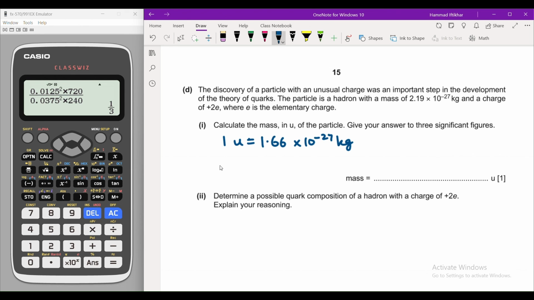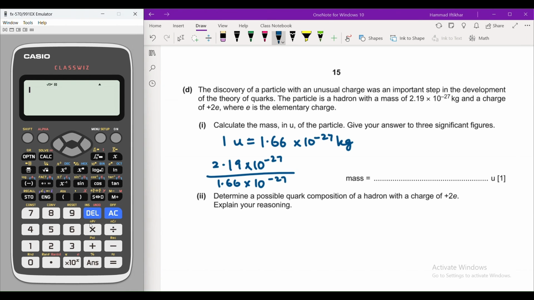So we just need to divide 2.19 times 10 raised to the power minus 27 by 1.66 times 10 raised to the power minus 27. So 2.19 divided by 1.66 is 1.319, so that is just 1.32